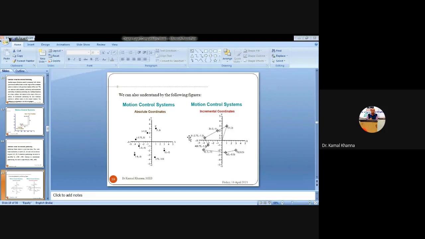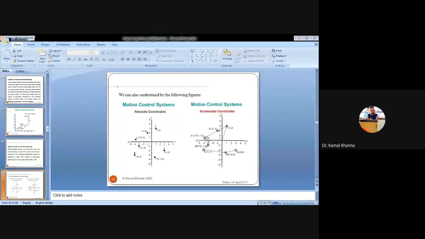Similarly, whenever you are finding the coordinate of point 3, then you have to assume that previous point as the origin. So we are calculating the coordinates of that particular point 3 by considering point 2 as the origin, that is, the previous point of operation will be considered as the origin.